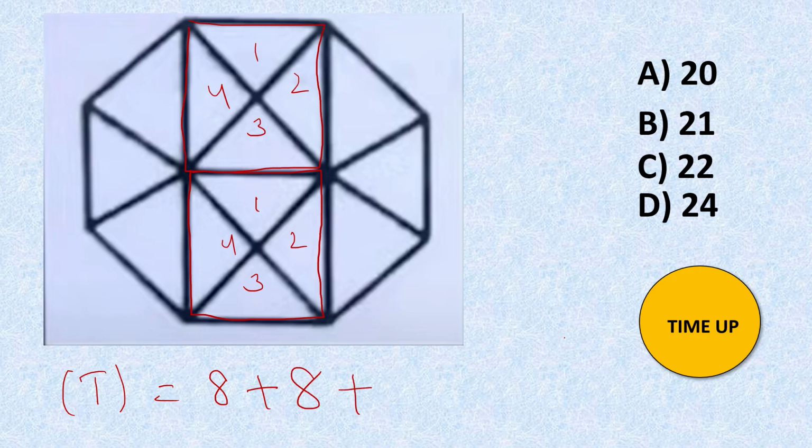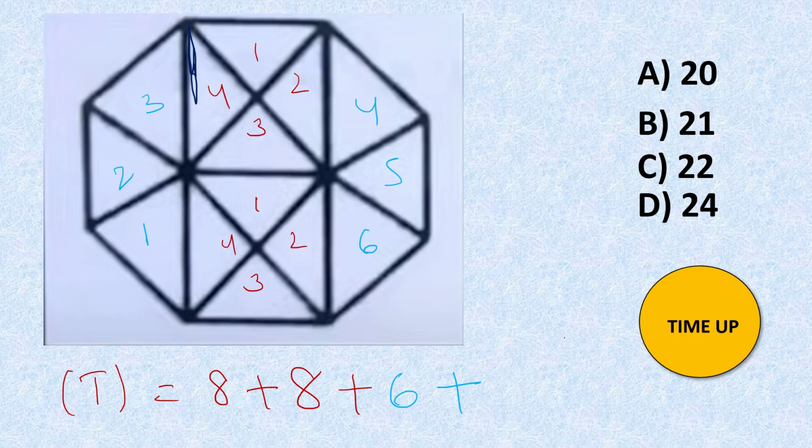Any other triangle you can see in the figure? Check. Yes. Here you can see 1, 2, 3, 4, 5, 6. Plus 6 triangles. Any other triangles you can see in the figure? Check properly. Yes, if you carefully observe this, I'll just